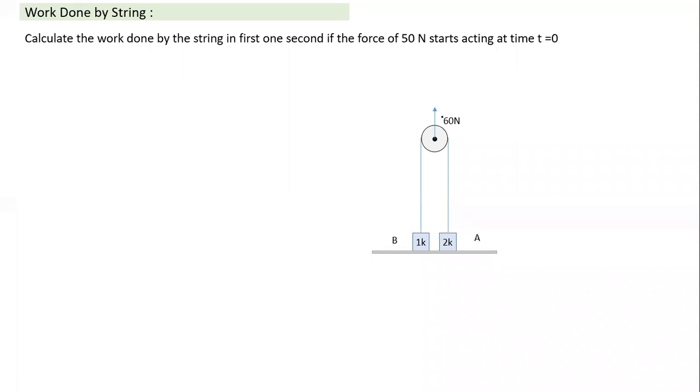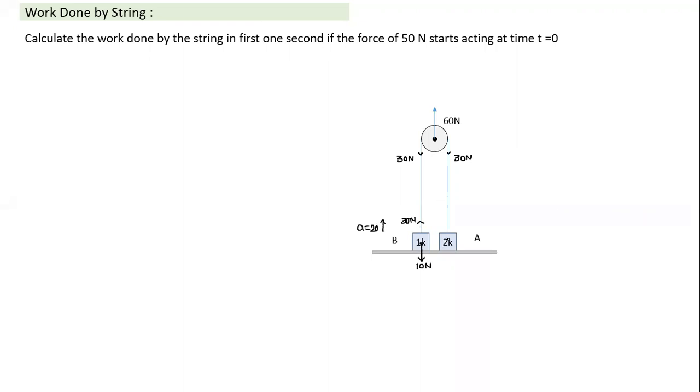How would I calculate? The moment this force is 60 Newton, by taking equilibrium of the pulley, the tension in each string will be 30 Newton, 30 Newton. This we can easily arrive at. So this also will be 30 Newton. If I take this as a system, the downward weight is actually 10 Newton, the upward force is 30 Newton. So net force is 20 on 1. So it will have an upward acceleration of a equal to 20.